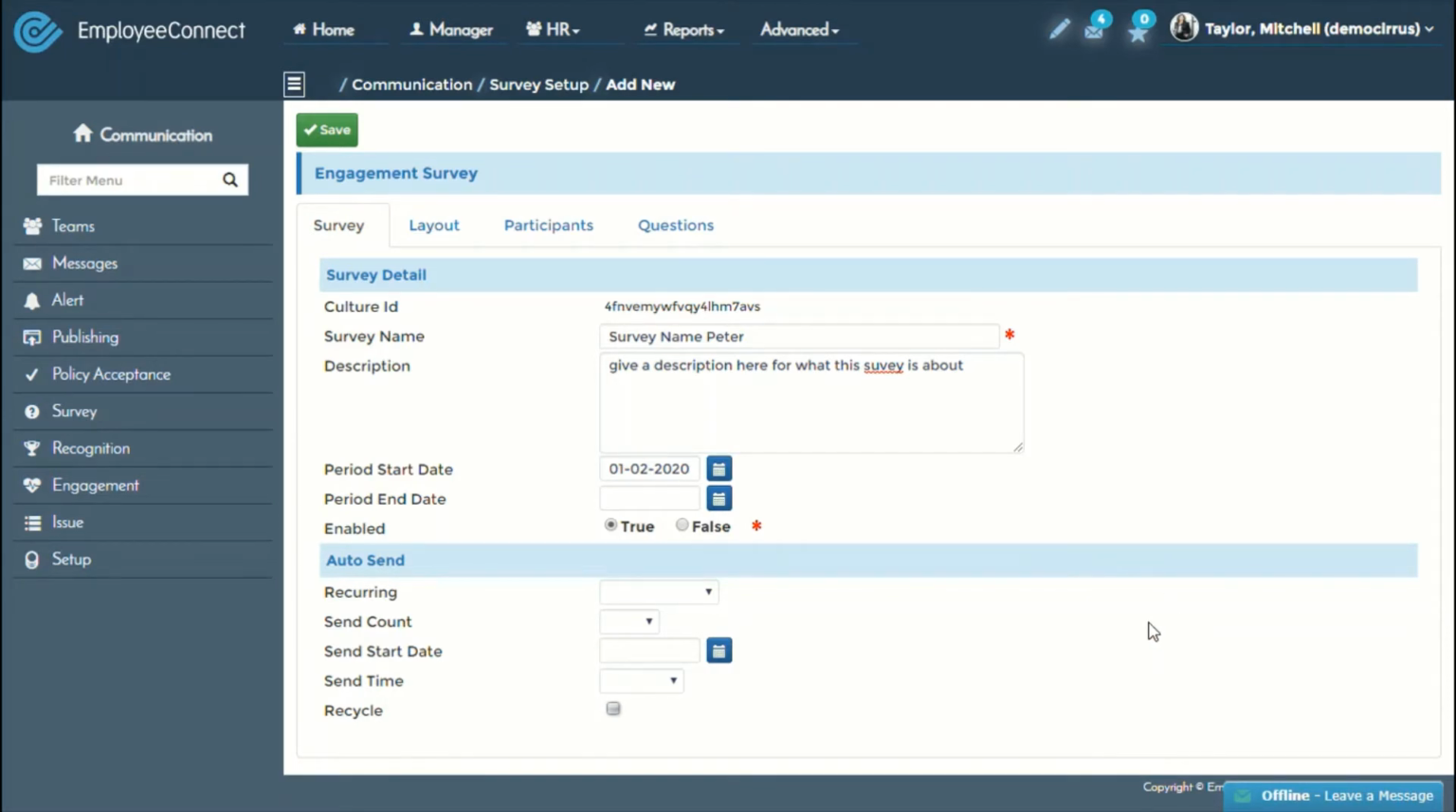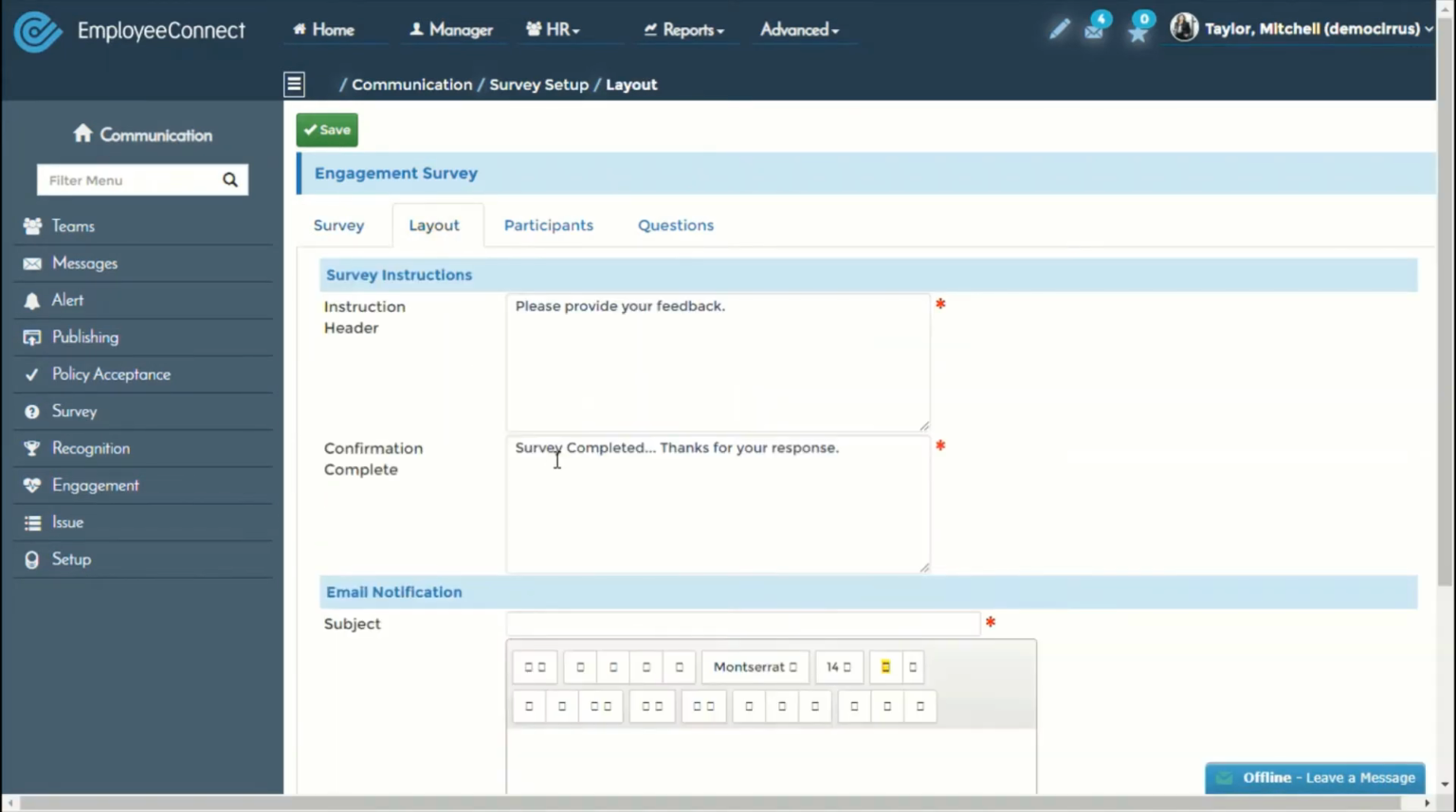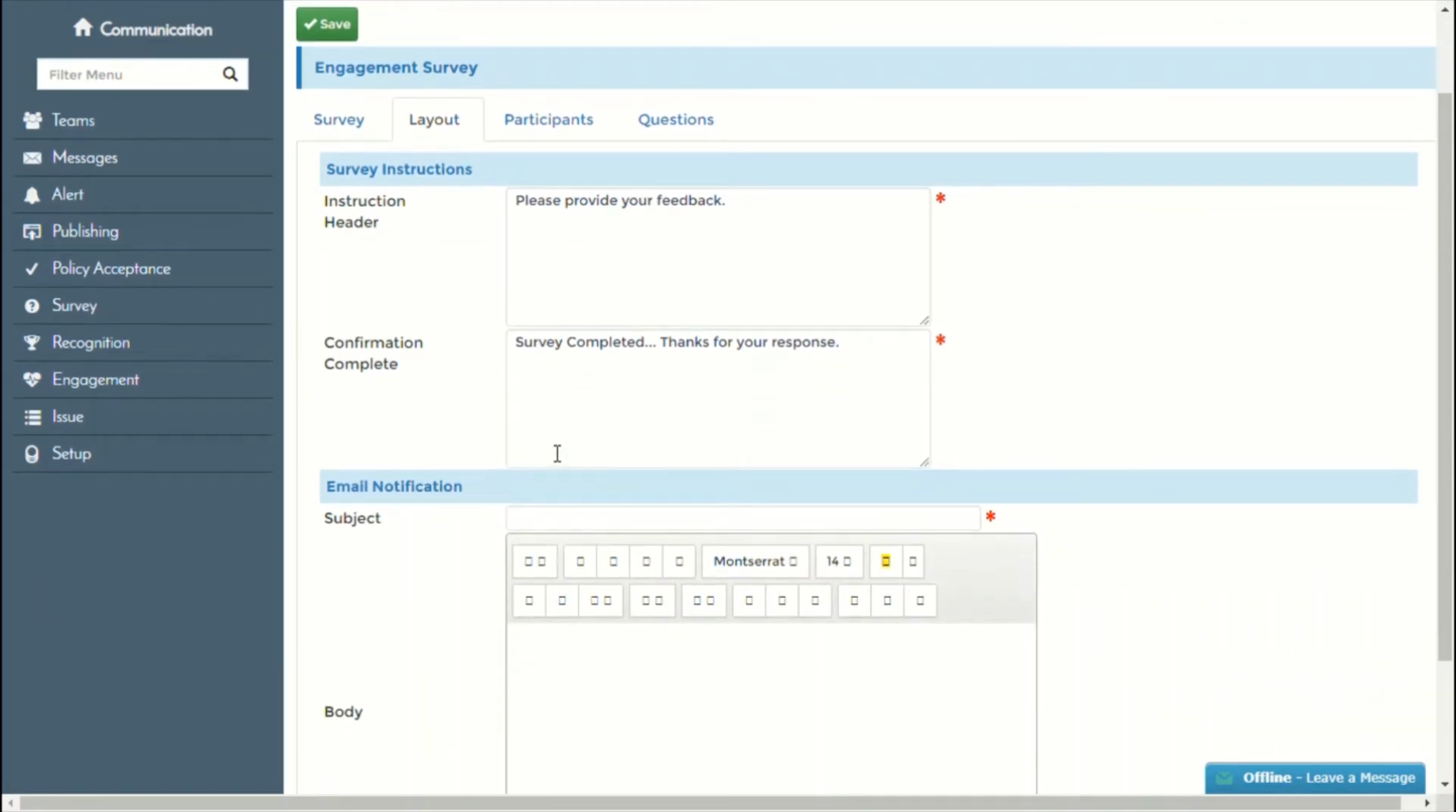Let's then view the layout tab. Click layout. This would be the header for your survey. This would appear on the top of the form when they open the survey. They can open this up using a web browser or on a mobile, and it will appear on the top